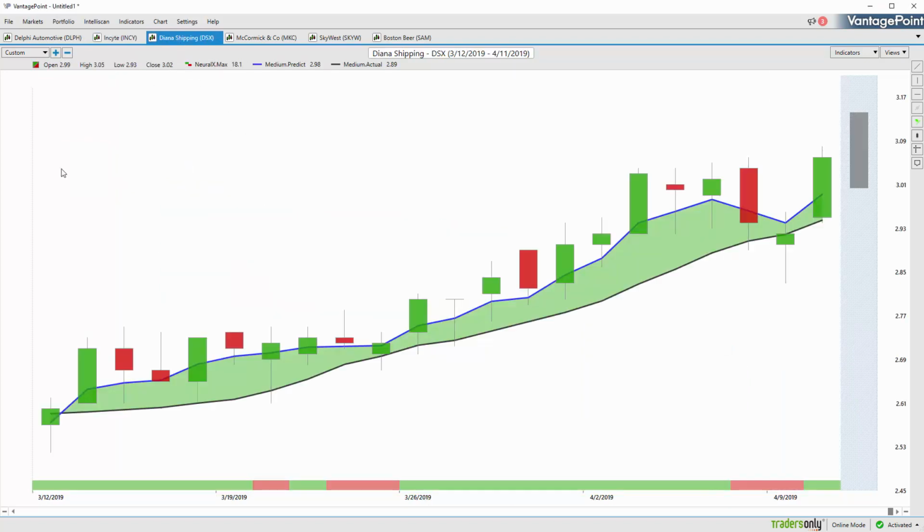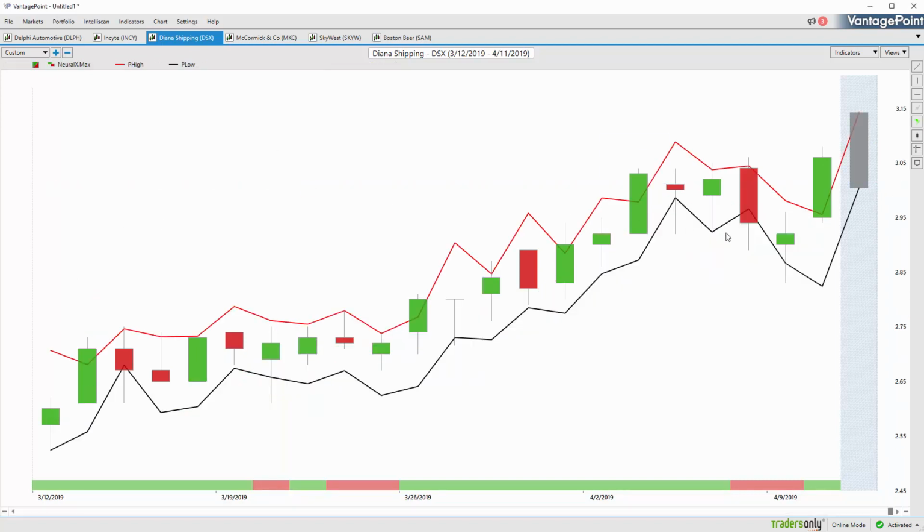But that's why we bring in these opportunities like Diana Shipping, McCormick, SkyWest, these things we've looked at over the past couple of weeks, so that we understand, okay, we can identify uptrends in the market and then understand, with Diana Shipping just over the past week here, how do you want to manage that volatility? Well, of course, with those predicted trading levels coming through. So you see how moving forward, these levels are adjusting and adapting and letting you know that, okay, the trend is still up. You want to be a buyer,